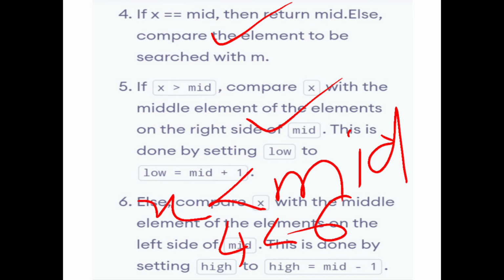Suppose the key element is greater than the middle position, we must follow the right side of the array. Then the lowest value becomes mid position plus 1. Otherwise, if x is less than the mid position, we must follow the left side of the array. The highest value becomes middle position minus 1, that is decreased by 1. So these are the three concepts.